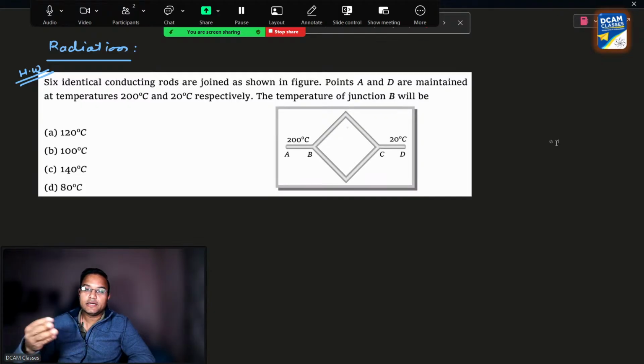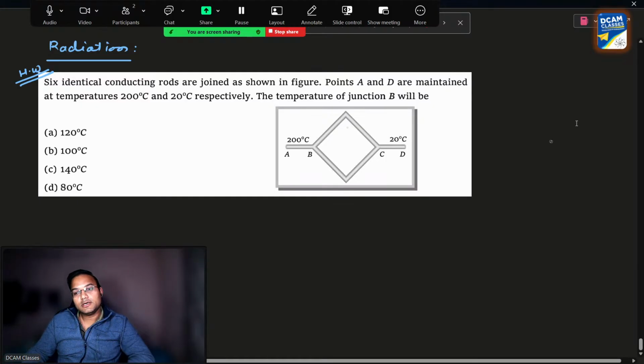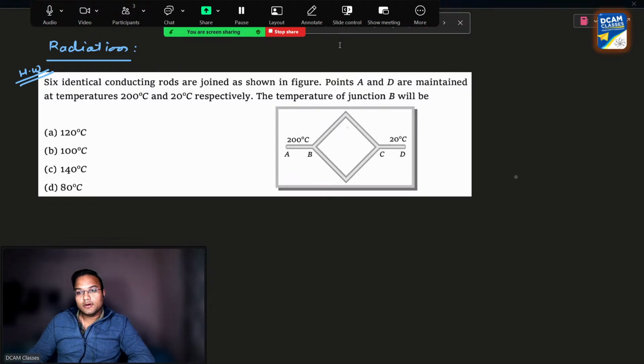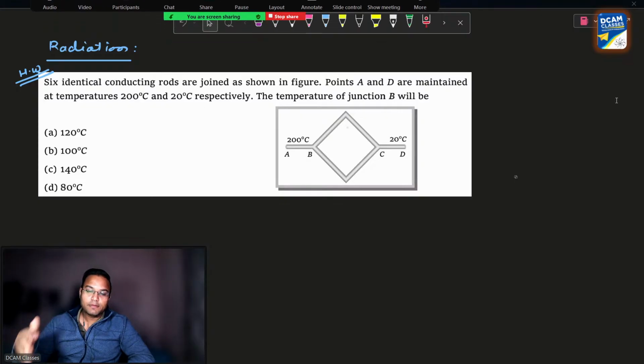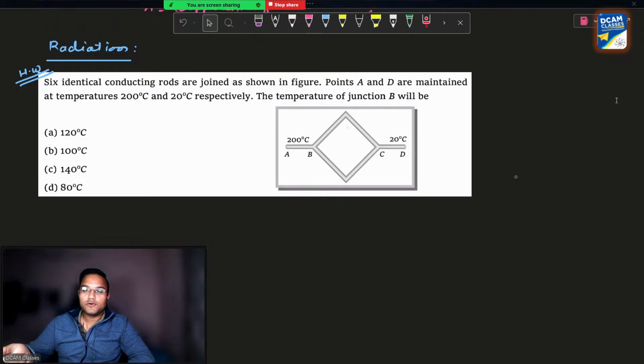How much you want, either 2 minutes, 3 minutes, 4 minutes, 5 minutes, depending on your efficiency. You must be knowing in how much time you solve a question. On a practice basis, suppose you have set a time of 4 minutes per question. You will be solving the practice session with a timer of 4 minutes for each question. After 4 minutes is over, if you have solved it in 4 minutes, you can move on to the second question. If you have not solved it in 4 minutes,